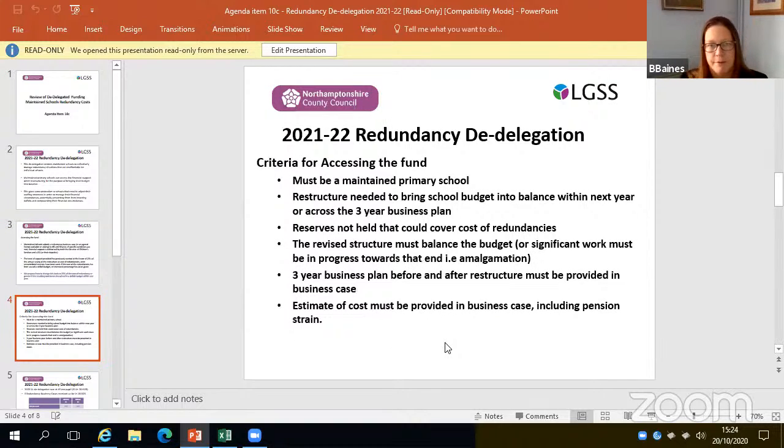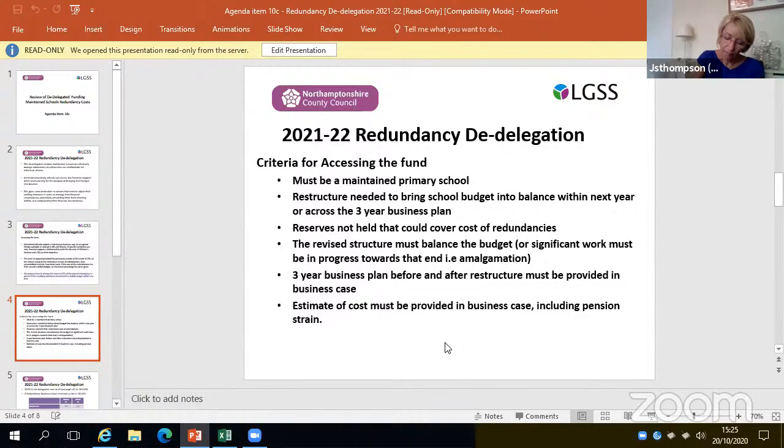These are the criteria for accessing the fund, which again we hadn't published. Hopefully by publishing this, it will make it simpler for schools to know in advance whether they can access the pot. So they must be a maintained primary school, because those are the ones paying into the dedelegation fund. A maintained mainstream primary school, I should say, because it's taken off the national funding formula for mainstream schools. Primaries and the